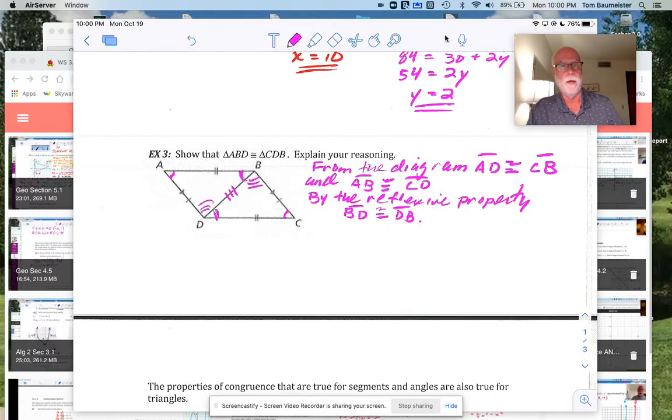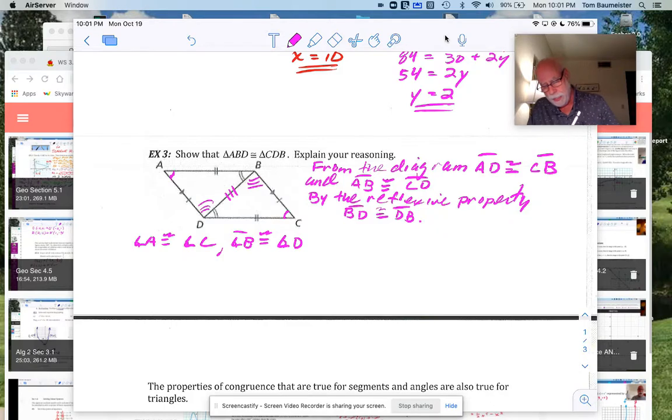So remember, now I have to show all the angles are congruent. So we know that you can tell me that angle A is congruent to angle C, right? Because they have the same arc measure of 1, right? I mean, just one arc tick. And then you can tell me what's the other one that has 2. You can tell me that angle B is congruent to angle D,